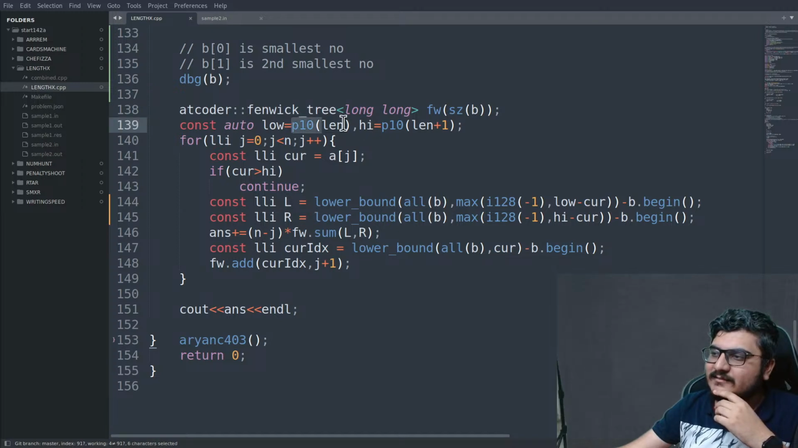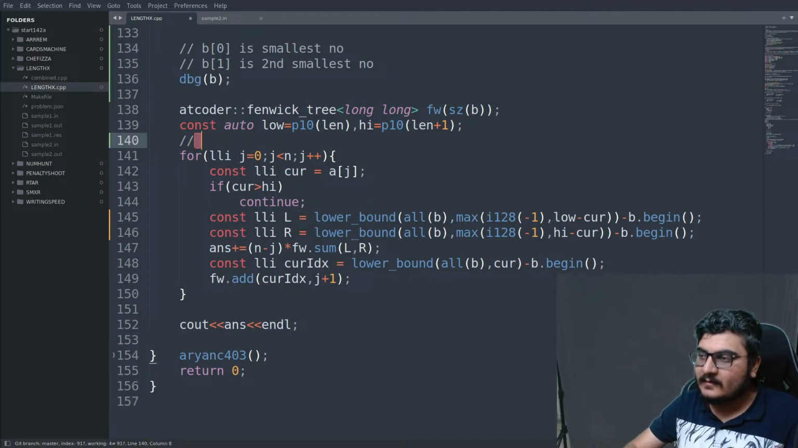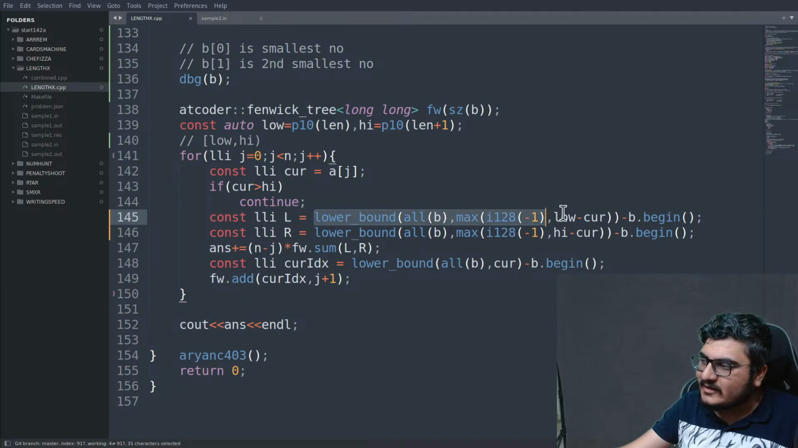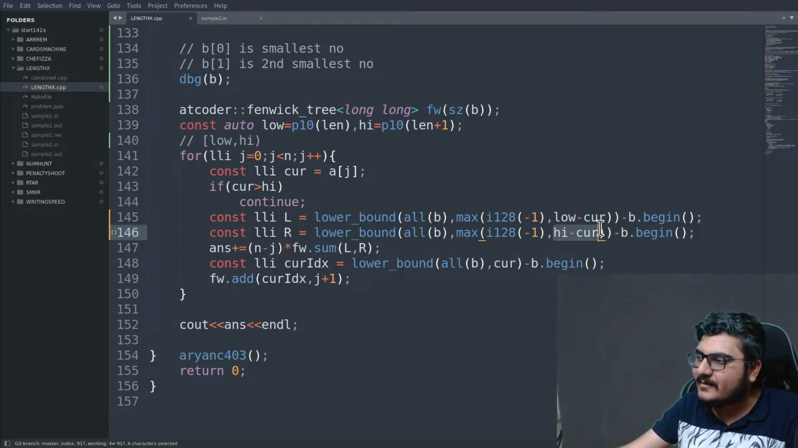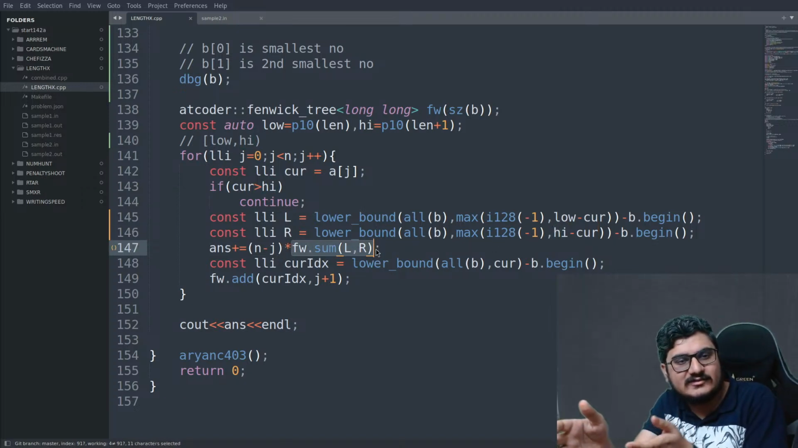And what I did was, what is the minimum sum I want? What is the maximum sum minus 1 I want? Because all the X digit numbers would be between low and high, where high is not included. So if the current number is greater than high, ignore it. Otherwise, I find the smallest index where the current number is whatever sum I require minus 1. And R is the smallest index where my current sum with the current number becomes greater than or equal to whatever high I need. So using the finite tree, I take the sum of all the indexes which are between